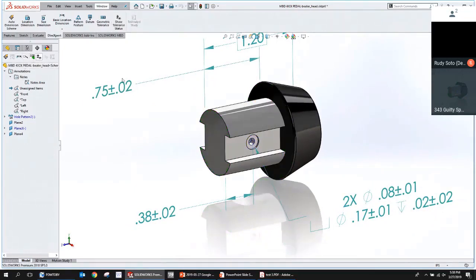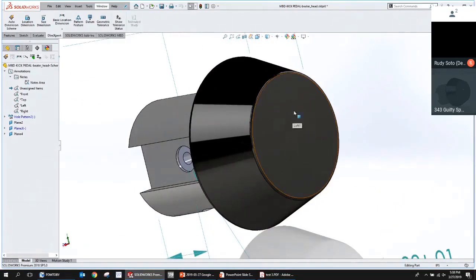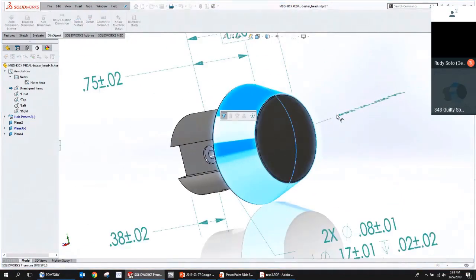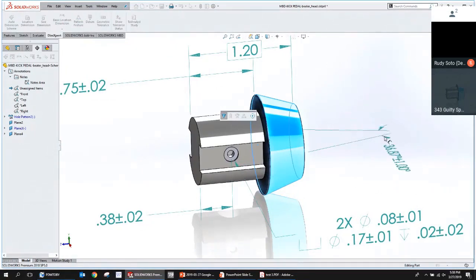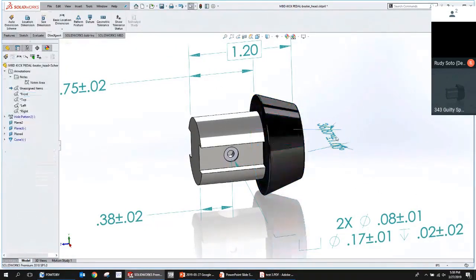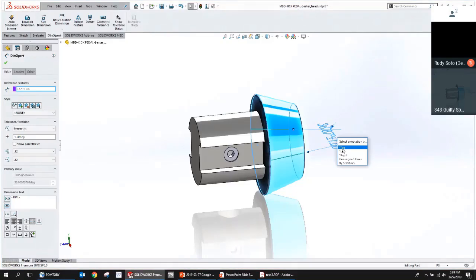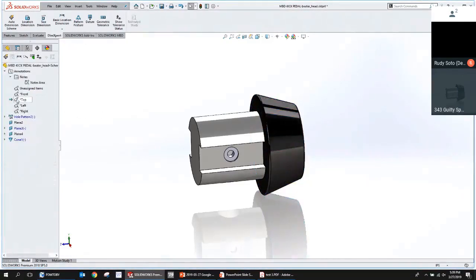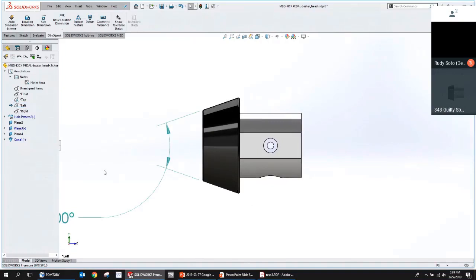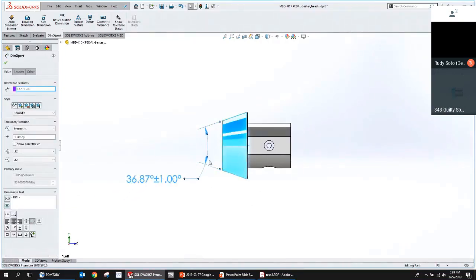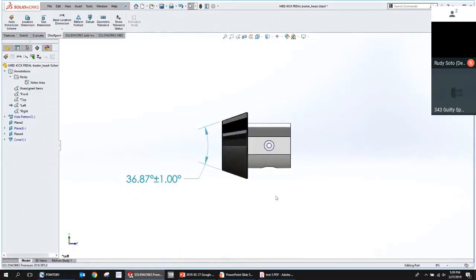We could go to this section of the design. This is a cone here. So when we go to size dimension, you can see that the dimension that we get is an angle dimension. And you can see that this angle dimension is automatically mapping to the top annotation plane. So I can hide some of these other ones. I'll activate this one and hide some of the others, and you can see that dimension's on the top annotation view. If I click on that dimension and press the tilde, I can move it to the left annotation view. Now I'll activate and reorient, and you can see that angle shows up there. So it's really easy to move these around so they end up on the correct views.